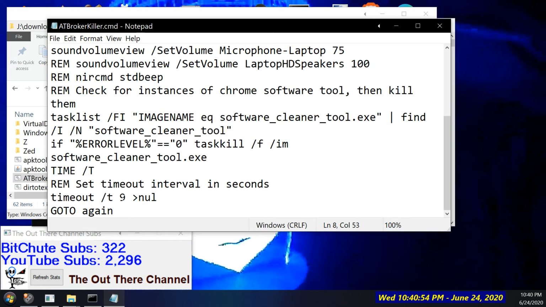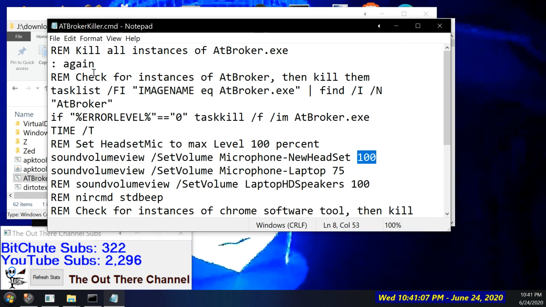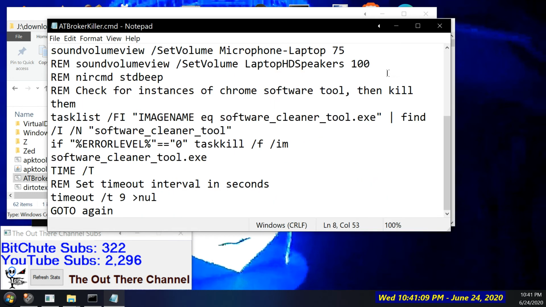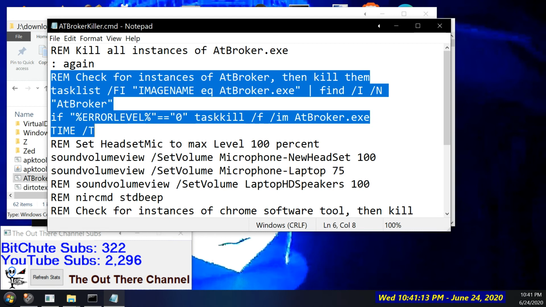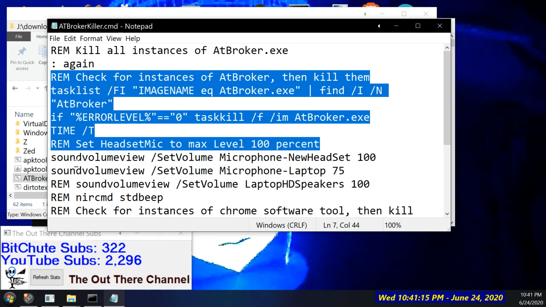And then I wait 9 seconds, not 7 seconds. You can see here I've got timeout 9 seconds, go to null so it doesn't print anything on the screen, and then it says go to again, which goes up to the top again. So really, you could cut out all that if you wanted to. Just have one line, cut that out,